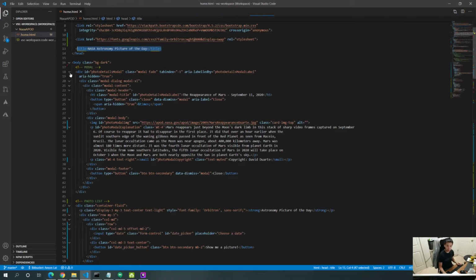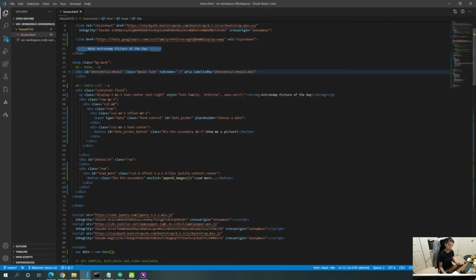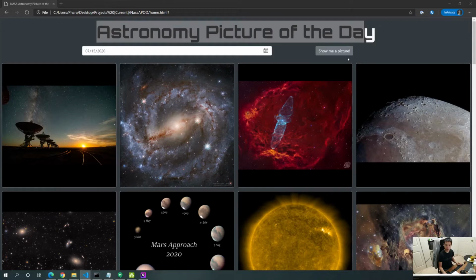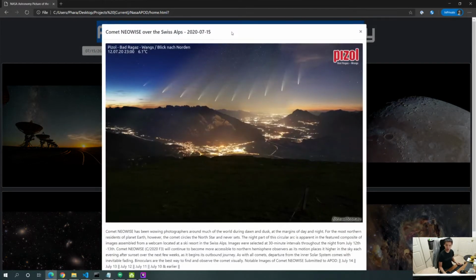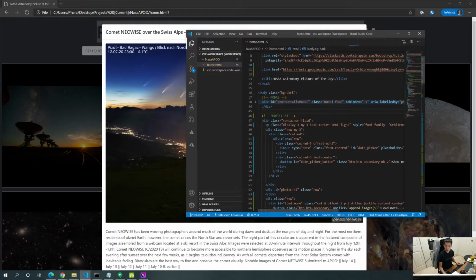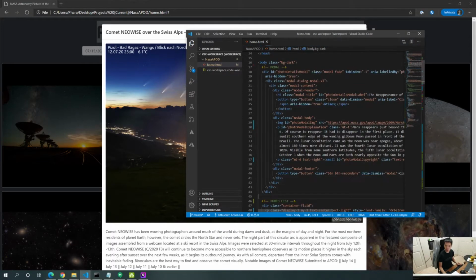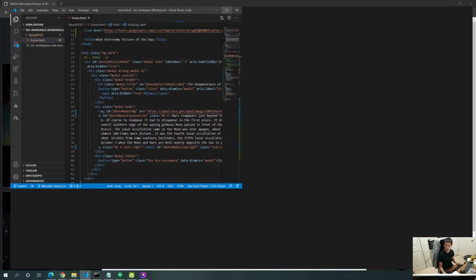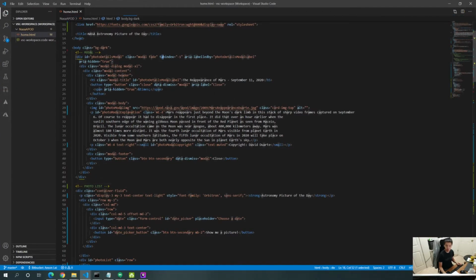I have up top the modal. I think this is standard practice. You put the modal right up front. The modal is this pop-up. So you'll see that for the modal, let's open this up. It starts with tab index -1. It starts behind everything. We have